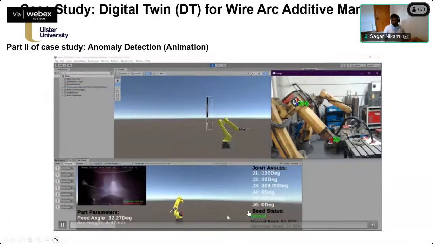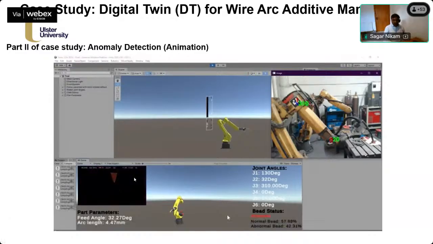The green and red indicator at the bottom right corner shows the status, normal or abnormal, meaning there could be a defect. This helps you track the current status of the deposition process in real time.